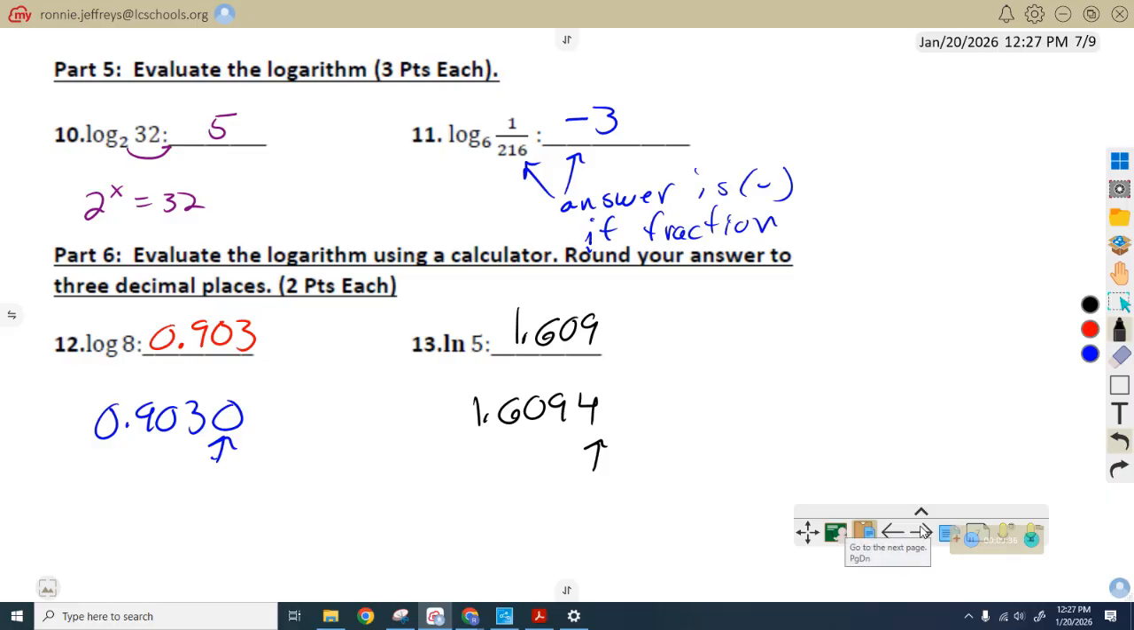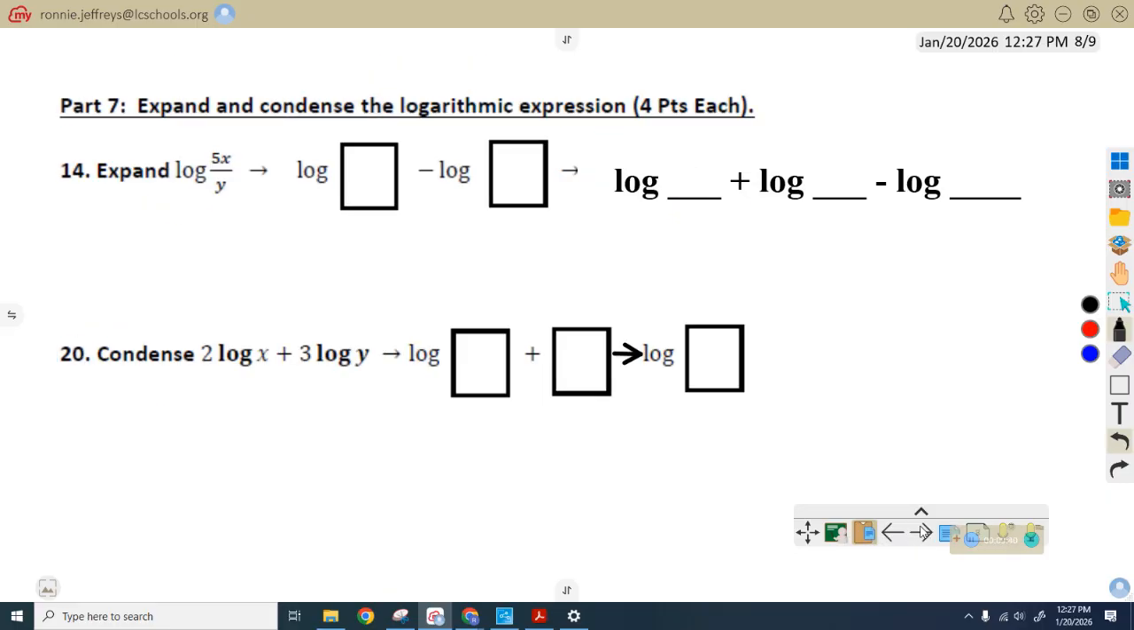Alright. So, I messed up on number 14. And I don't know why it goes 14 to 20. I didn't even realize that. Okay. Well,